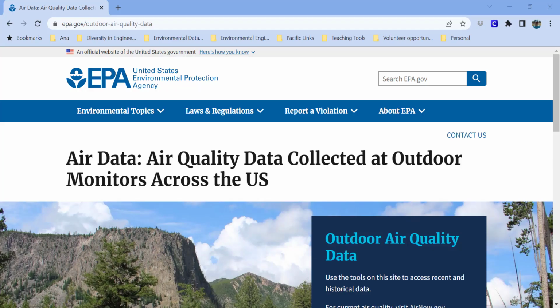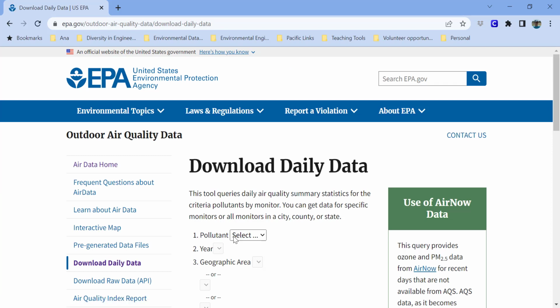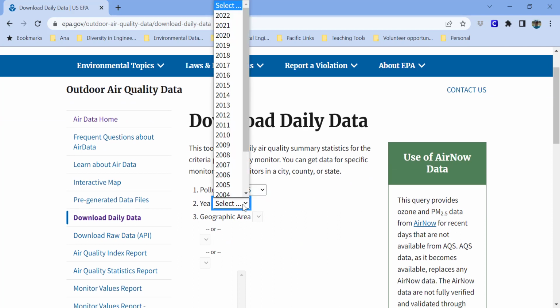Here I'm at the air quality data website for the US EPA, and I want to scroll down. Under the download data category there's 3 different options, and we're going to download some daily data. I'm going to use PM 2.5, or small particulate matter, as an example. I'll go with the latest full year of data, 2021,